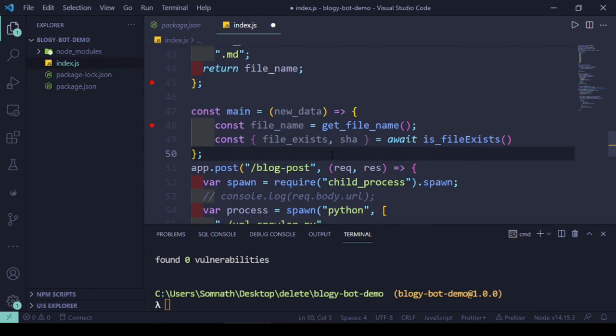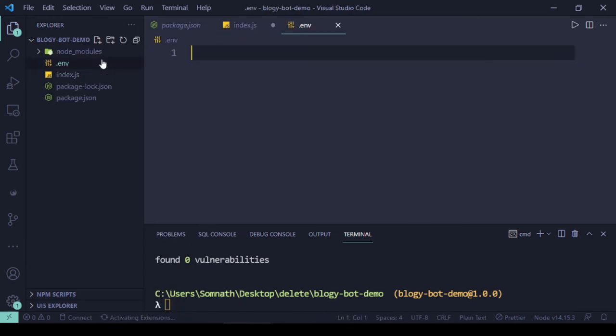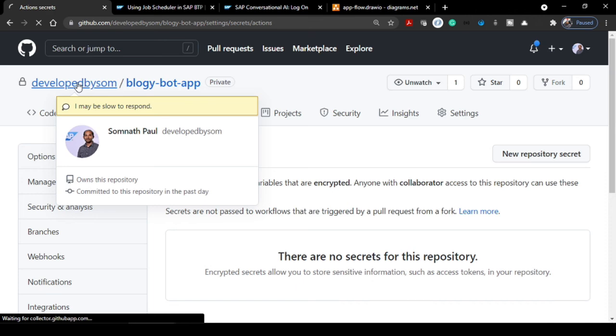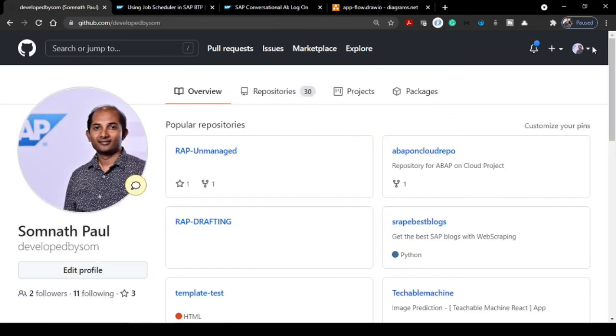Now before I handle the GitHub APIs, I need one important thing, and that is the GitHub access token. For that, I'll create a file called .env, and inside that I will add my GitHub access token. And what you need to do for that, you can create your access token this way. You go to the main repository, and from there you have to click on settings.